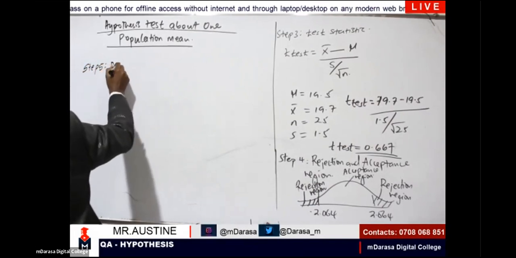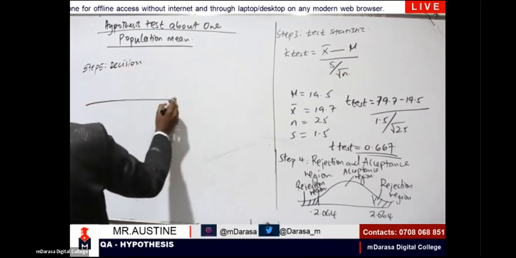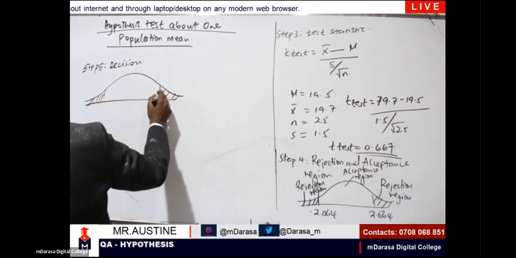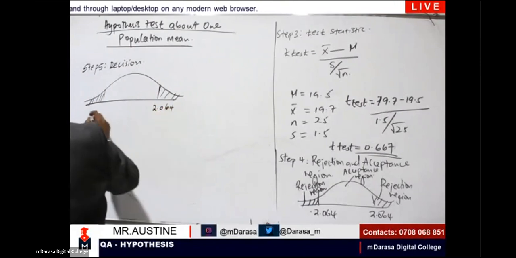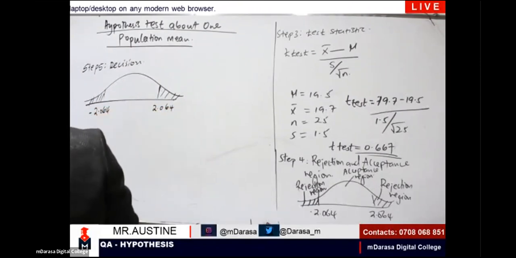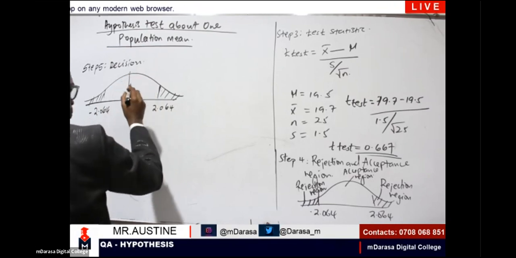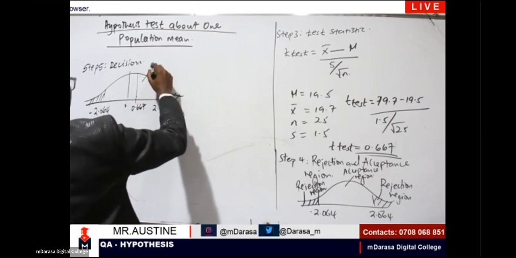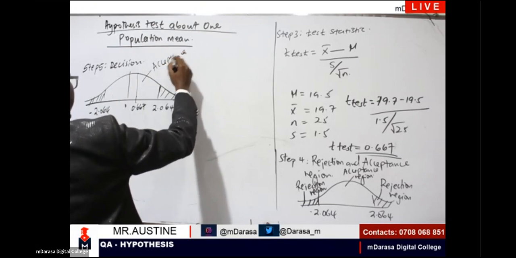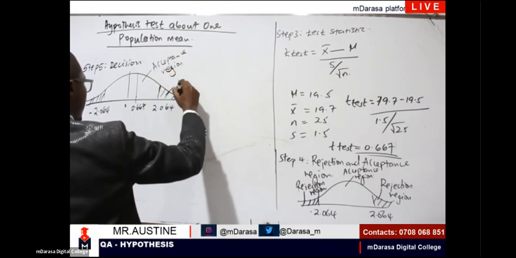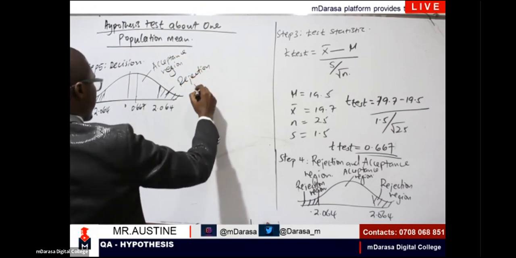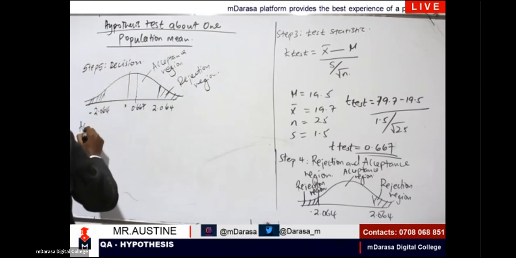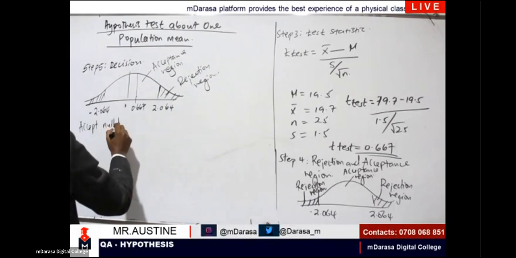Step 5, decision. So when we are making the decision, what do we say? We have 2.064 and minus 2.064, with 0 in the middle, and we found the test statistic to be 0.667. So this one is in the acceptance region, and the others are rejection regions. So what do we say? Accept the null hypothesis H0